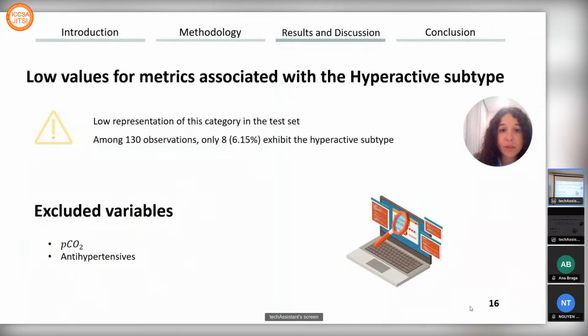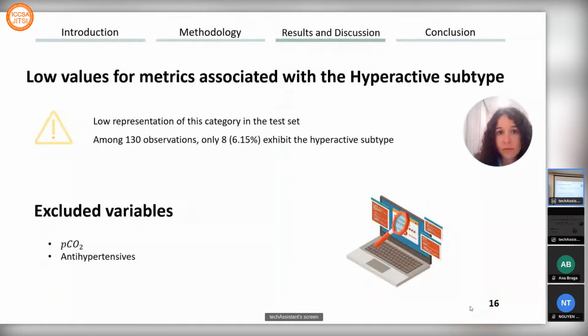This is due to the low representation of classes in the data, with only 6.50% corresponding to the hyperactive subtype. The selected model excluded only 2 predictors as they were not significant, which correspond to carbon dioxide pressure and the pharmacological group of